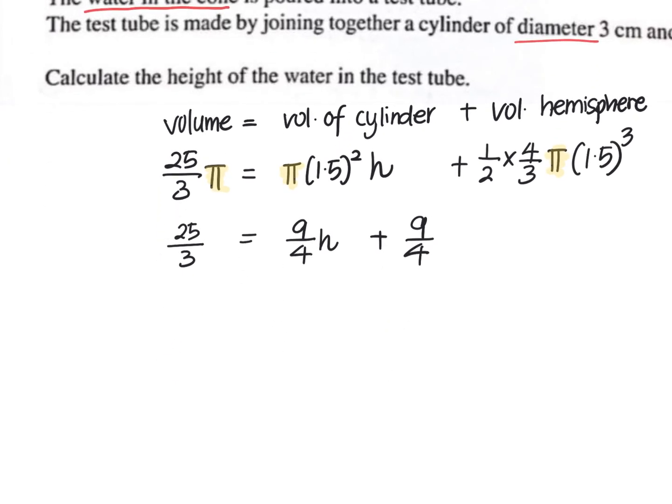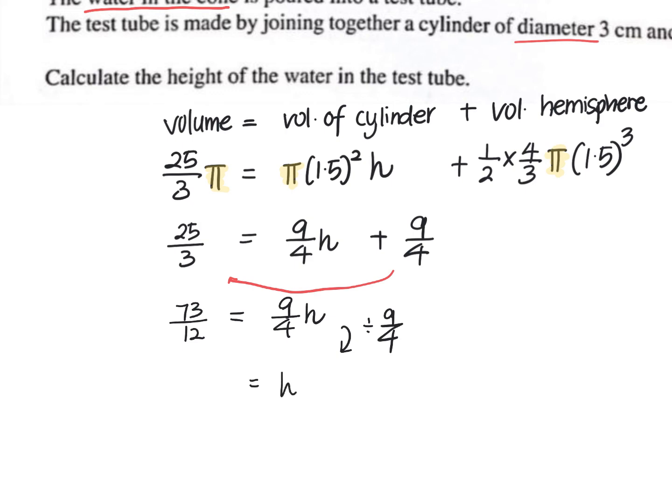Now how can we solve this equation? We're going to subtract away 9/4. So this will be 25/3 minus 9/4, and we get 73/12. This is 9/4 h. I only want to get h, so I'm going to divide by 9/4 straight away, and get my answer, which is going to be a decimal or